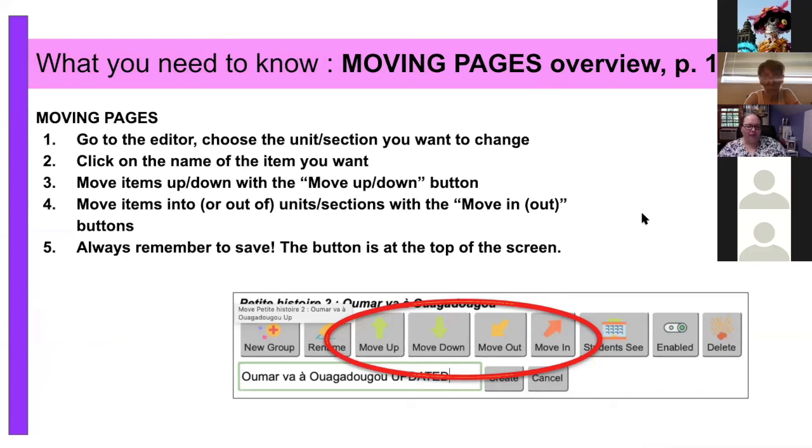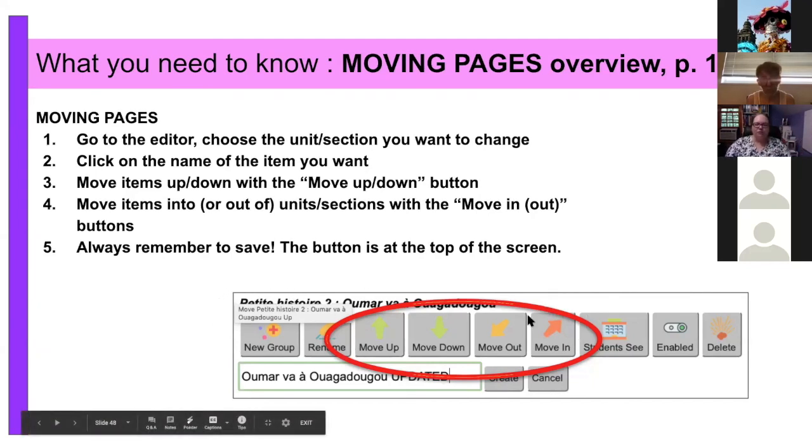When you move pages, you can move them around in the units, in the stories, however you want to do that. You use these move up, down, in, and out buttons. Moving it up and down, I think that's pretty straightforward, right? Whichever the item is that you want to move, you move it up or down. Moving it out or moving it in is to move it out of, for instance, a section. If you wanted to move it out of this story,